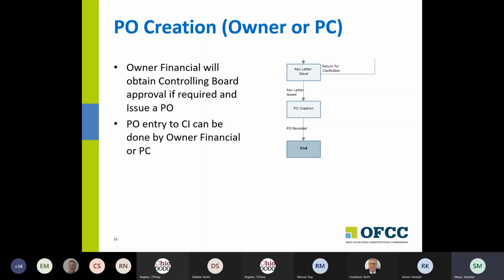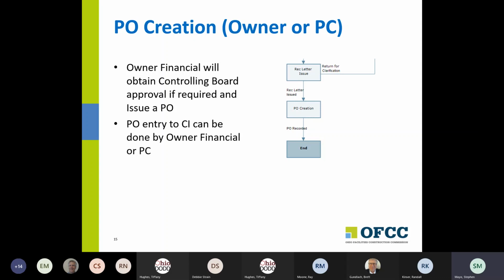the record will then actually go to the owner financial role in your agency. So some of you in the meeting today are here because you're in that owner financial role. So you're going to get a funding BP, and it's going to be for PO. You may or may not be involved in the process of taking this particular set of contracts through controlling board and getting all that approval. And that's one of the reasons why the